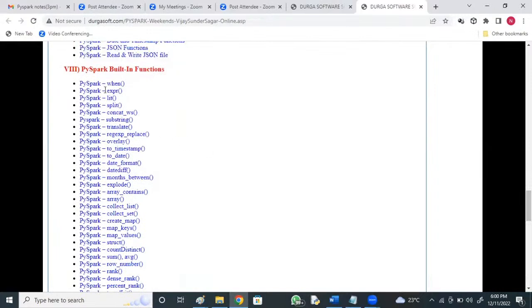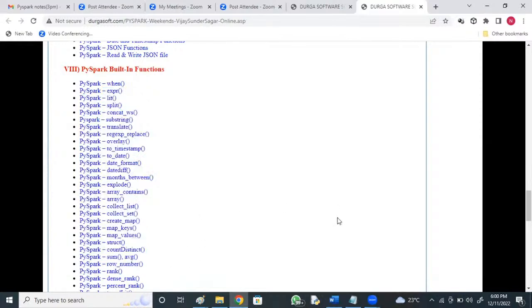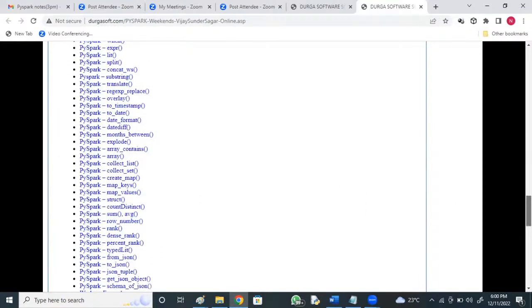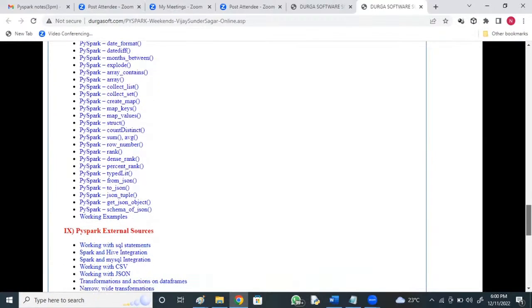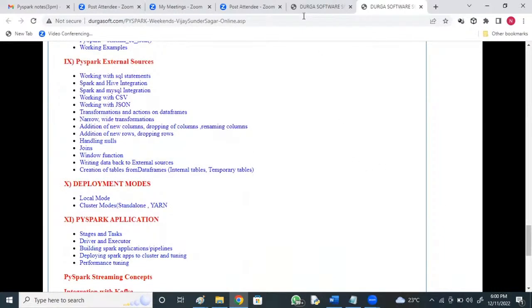And PySpark inbuilt functions, many functions are there, and I'll discuss everything in brief: translate, overlay, to_date format, datediff, map keys, map values, struct, count distinct, percent rank. PySpark external sources, working with JSON, working with pure SQL statements. How can I perform pure SQL queries? Spark integration with Hive, MySQL, working with CSV data, JSON data, narrow and wide transformations, adding new columns,